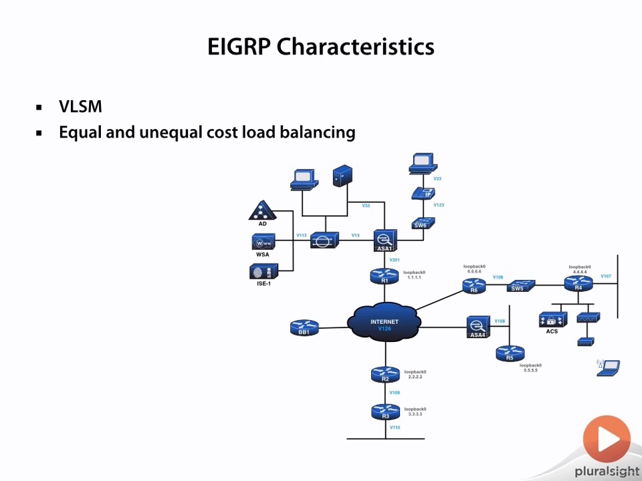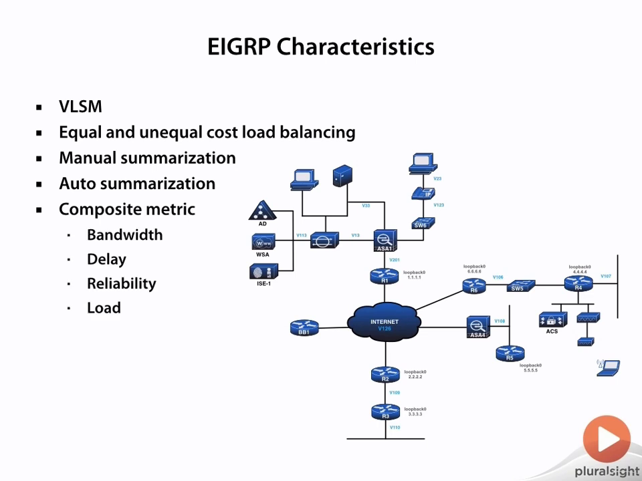But EIGRP is very unique in that it allows us to do unequal cost load balancing. By configuring a variance, it supports that unequal cost capability. EIGRP does let me do some summarization manually on an interface, but I could also auto-summarize. And in fact, it does that by default. You'll have to go in and do a no auto-summary, just like we did for RIP version 2. EIGRP does not use hop count like we saw with RIP version